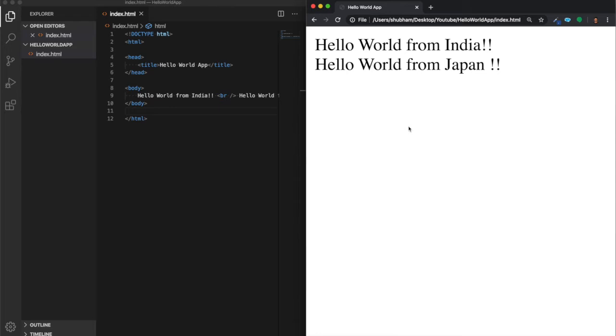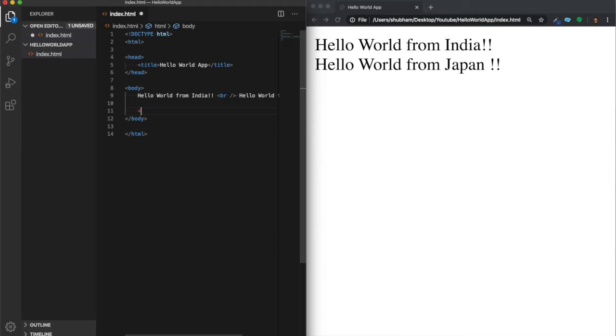Now let me tell you the most important thing. The break tag is used to have the new line character. Okay, but we need to avoid this tag. We should not use this tag in our HTML for this kind of purpose. When we need to have a line on the next line, that work can be implemented through CSS or styling. I'll share that with you in the CSS sessions. So this is all about the break tag. Hope you now understand what the break tag is.